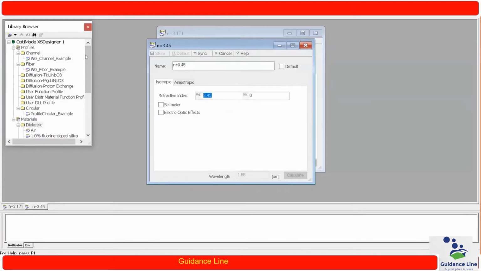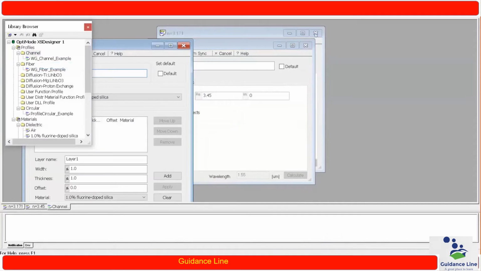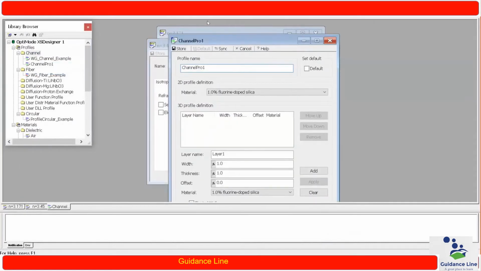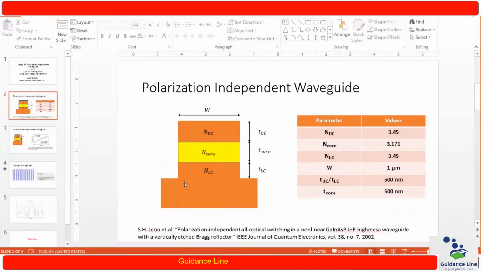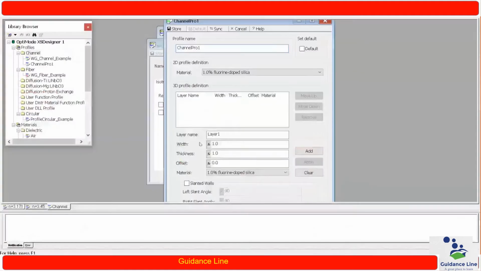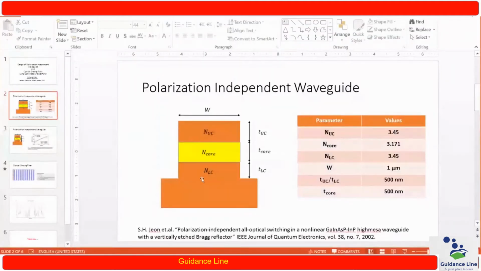Next we have to define a channel. In channel I am again right clicking, and you can see it opens a channel profile. In the channel profile, by default the name is channel pro 1, and we have different layers of that channel. I am making 3 layers corresponding to these thickness values.